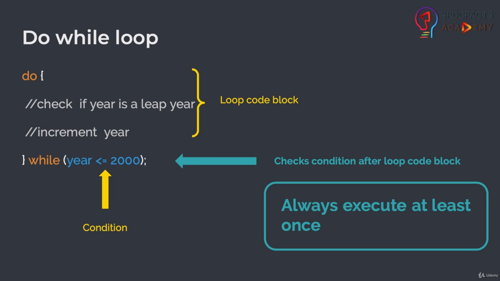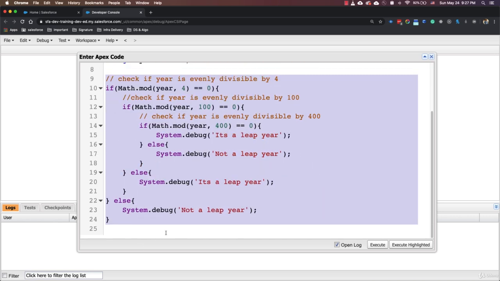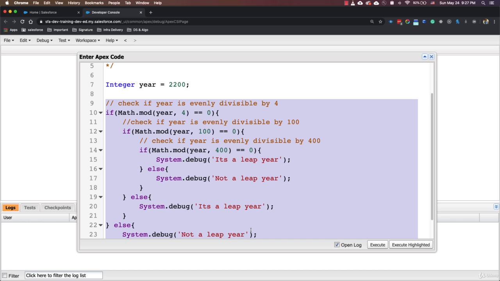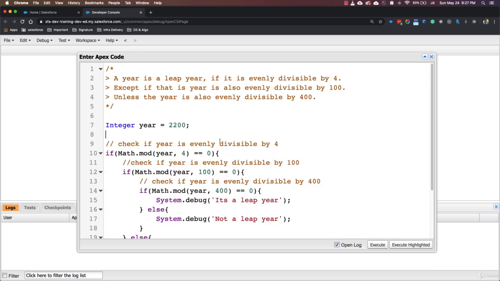Now let's go back to our developer console and implement a do while loop. We'll be modifying our leap year challenge code, and this time we'll be printing all the leap years between the year 1100 and 2000. So we'll be looping over all the years and checking if a year is a leap year or not with the help of the same logic that we already have in place. If it is a leap year, then we'll print it out in our debug statement, else we will not put any debug statement. So first let me make some space here